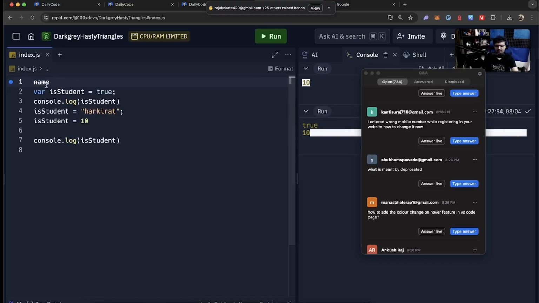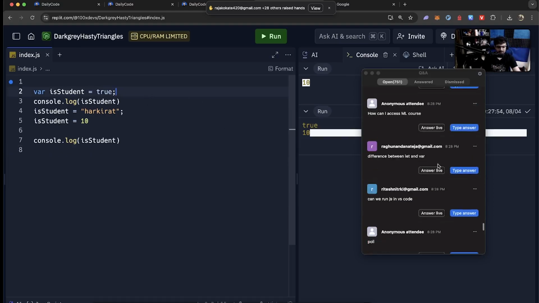Because name is like a reserved keyword, right? If I write whatever JavaScript over here, that is fine. But if I write, let's say, class over here, that is also fine. But there are some words that are reserved for the language. It says this word can create a conflict. The JavaScript engine might need this word. So please don't use the word name. It is deprecated. That is what deprecated means.